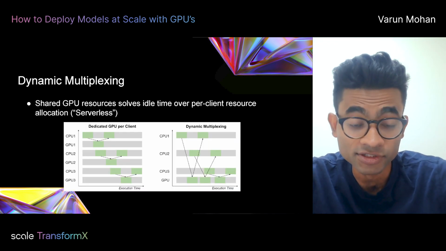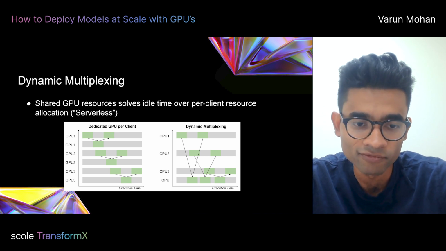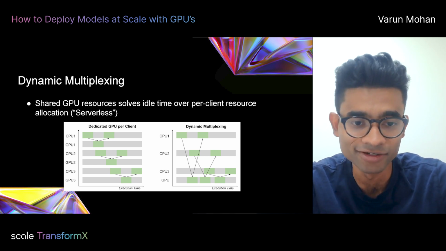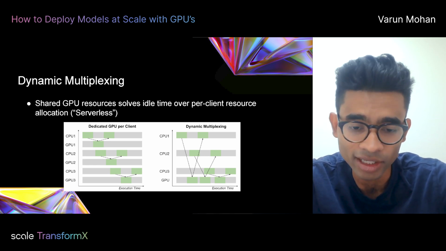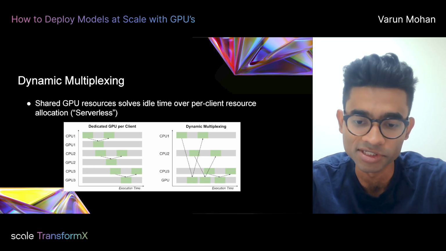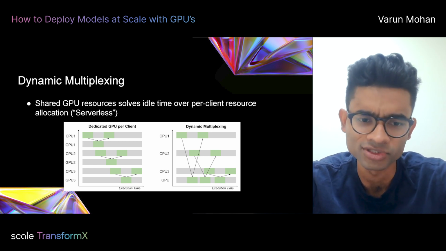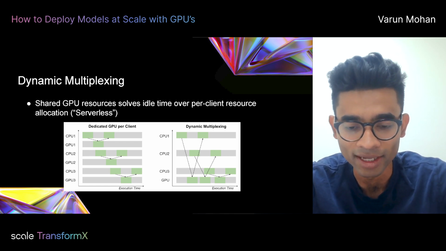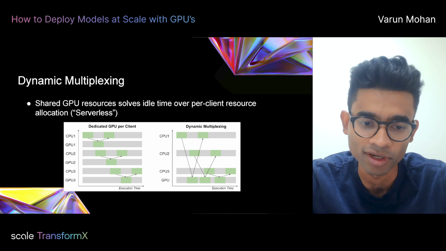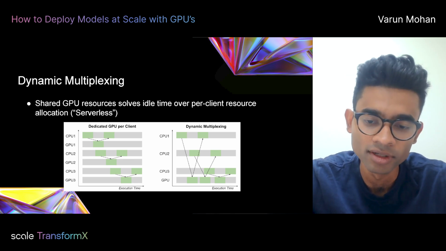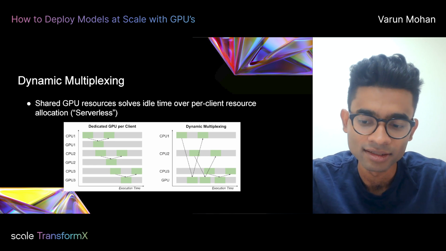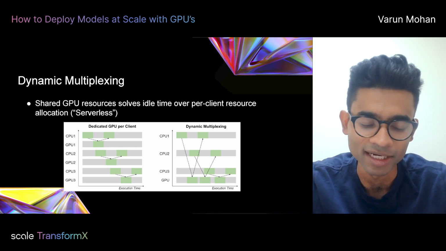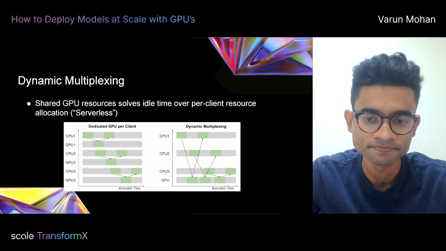So some solutions for some of the issues that we had before, like, hey, you have a lot of idle GPUs: the ideal abstraction is somehow a shared GPU serverless abstraction. We published a post on this a while back, but the ideal solution is to figure out a way to multiplex many computations across many different applications on a single GPU. The benefit there is you're no longer tying a single CPU to a GPU, which has many problems attached to it.